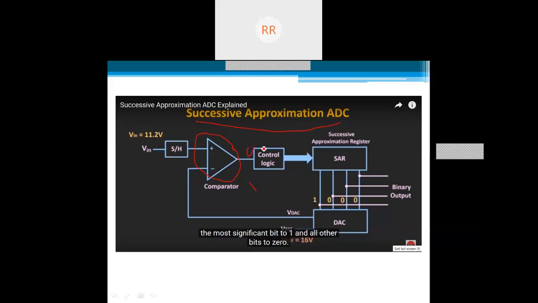If it is 0, that means the input voltage is less than the compared voltage, and if it is 1, it means the input voltage is greater than the reference voltage. Based on the successive approximation algorithm, this is going to encode the analog value into a digital value in the form of binaries, zeros and ones, that we have discussed in our previous class.